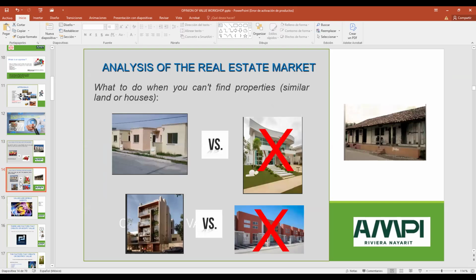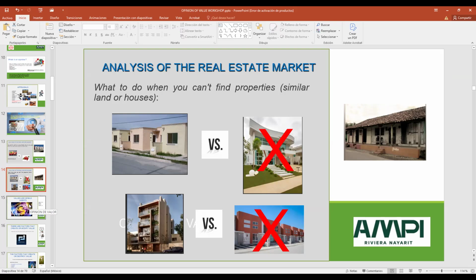For example, don't compare the house on the left versus the mansion on the right, or the one with this or the other one. Don't compare an apartment versus a single house. It doesn't work that way. The only people who can do it that way are us, professional appraisers. We can do it, but if you don't have the research, it's going to be very hard. Okay.